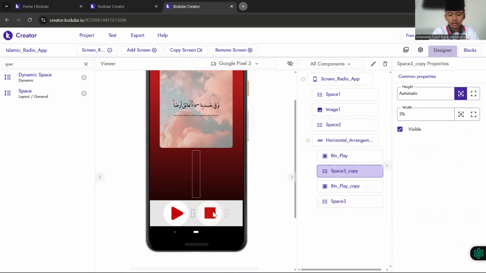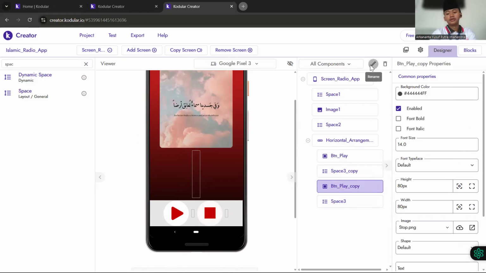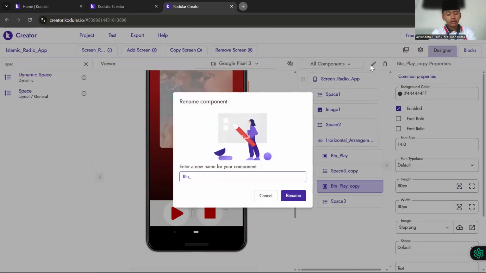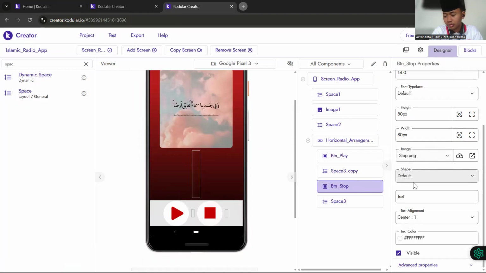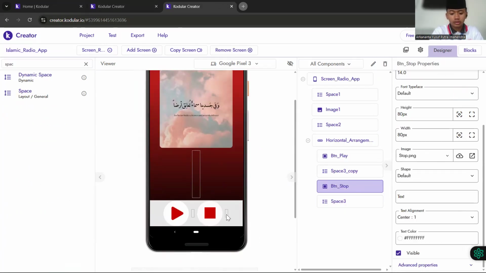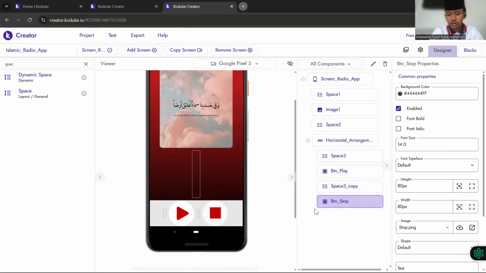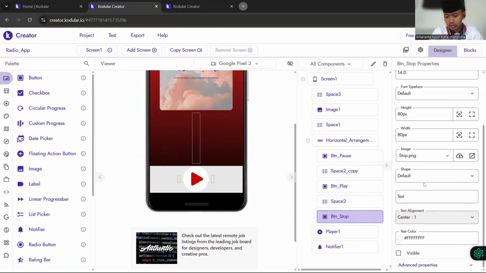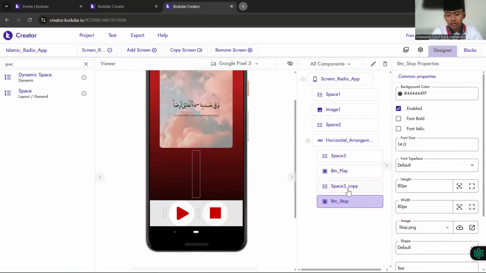Okay, after that we change the ID first for the button to btn stop. Then we add again a button.